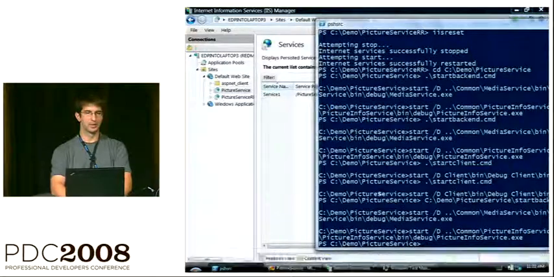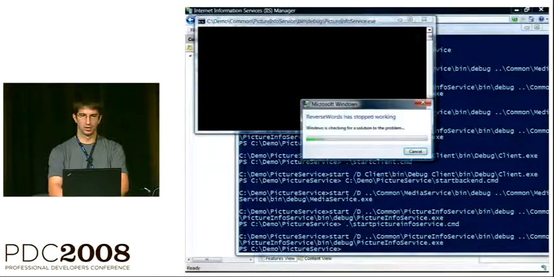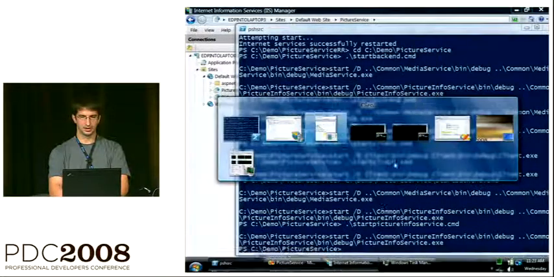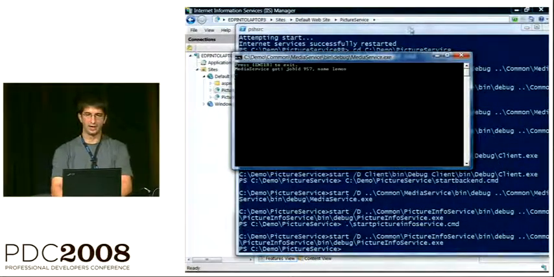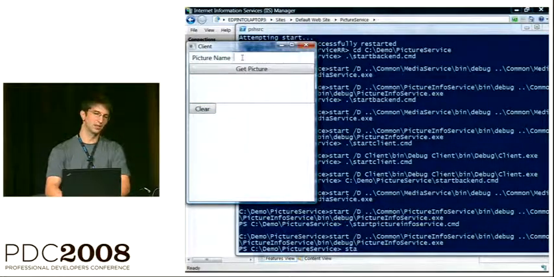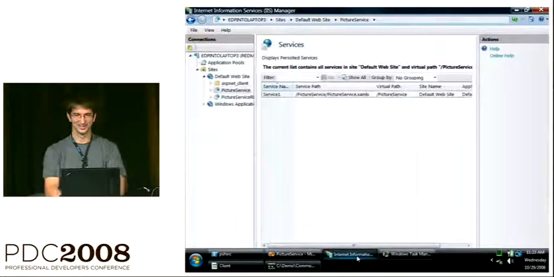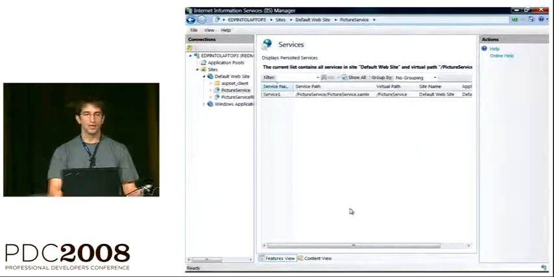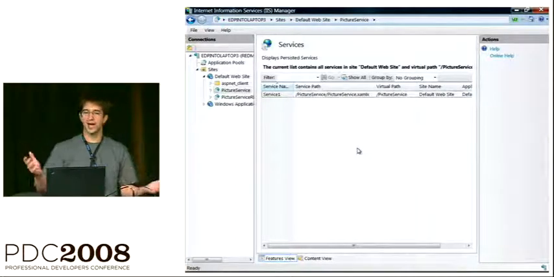So let's get one of our services into some funky state. Oh, sorry, did I do that again? Let's just shut down one of these things. And we'll start up our client, or we've got our client going here. We'll make a request. What kind of fruit do you guys like? How about lime? Do you guys like lime? Okay. So, great, I've got my request out there. Nothing's happening. What's going on?